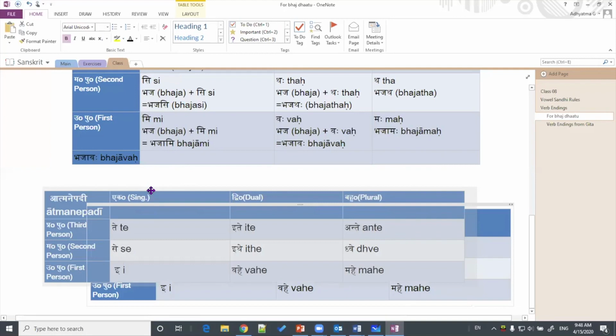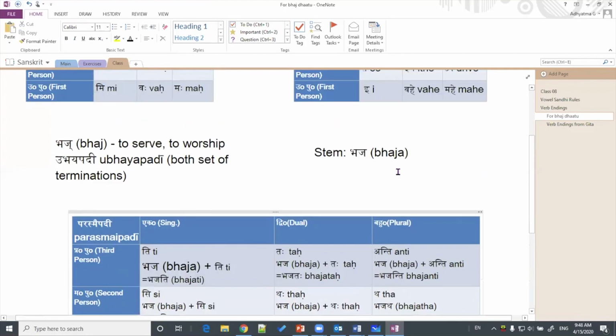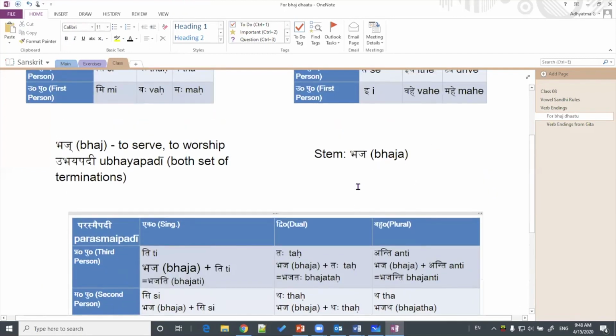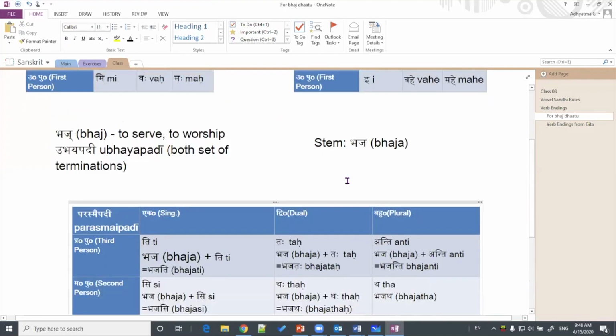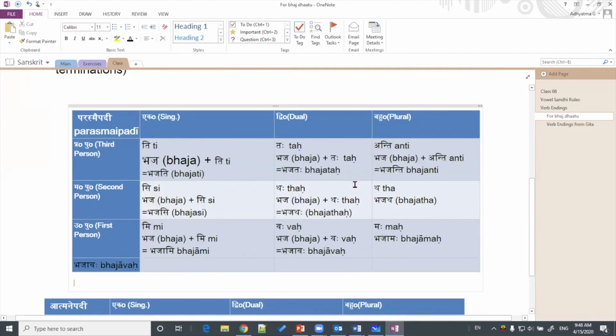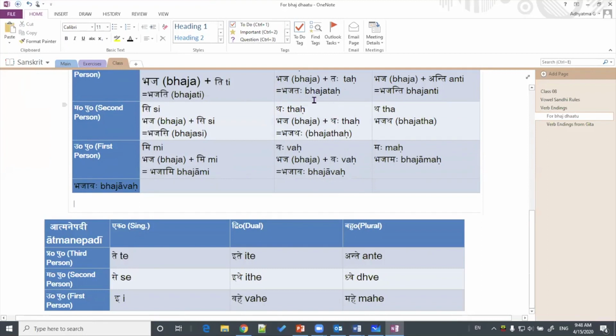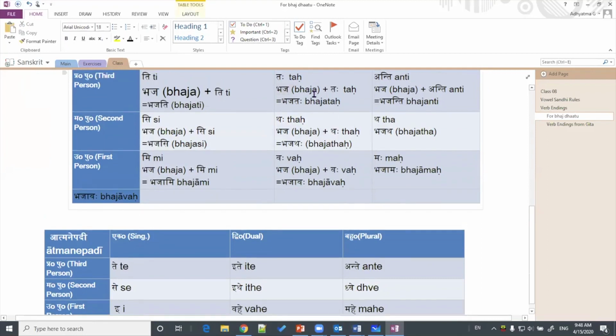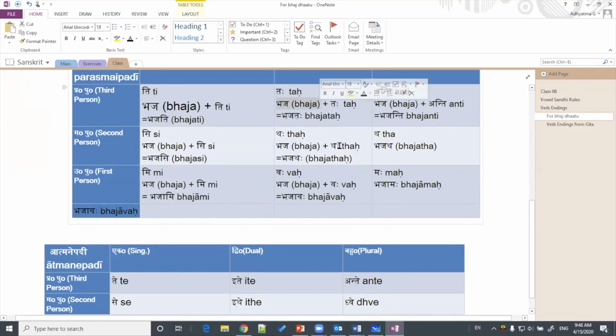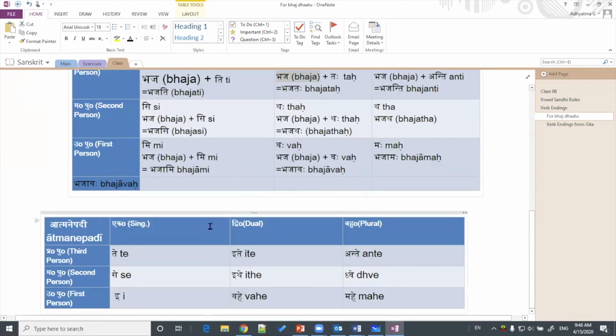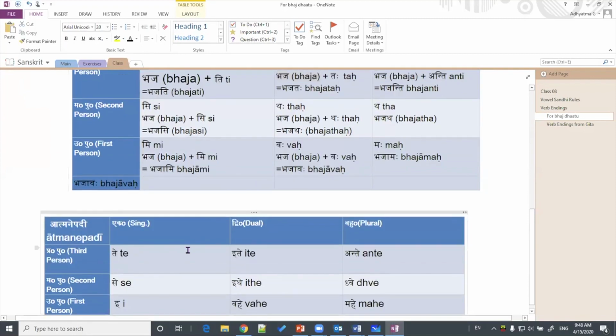So the stem remains the same. There is no change in the rule of stem. So whether it is Atmanepadi or Parasmaipadi, the stem remains the same. And we will have the same stem, but we will have different endings. So here, bhaja plus